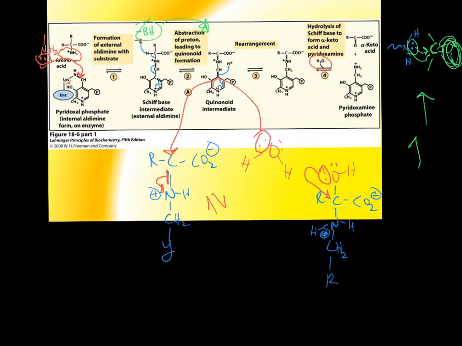Something has to break or give. We have a couple possibilities here. One of them is going to be really important later on because we'll get to it later. But it's going to be the two electrons between the carbon and the nitrogen can come back down. And once again, these two electrons coming down can swipe that hydrogen off, because you're only swiping off the proton, you're not swiping off the electrons. Okay, and so the result is,